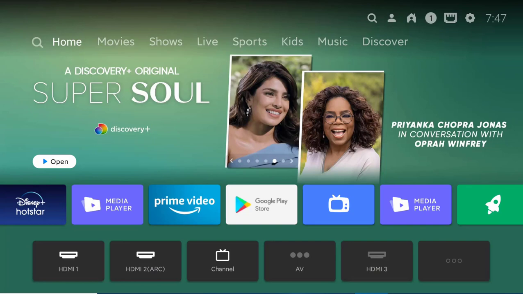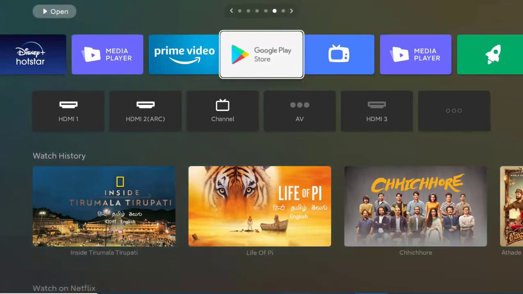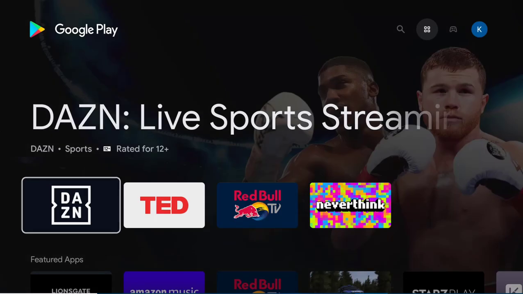Next thing is, switch on your Android TV. You can see this Android TV on my screen. Inside that you have to go to Play Store. Make sure your Android TV is connected to the internet. Then